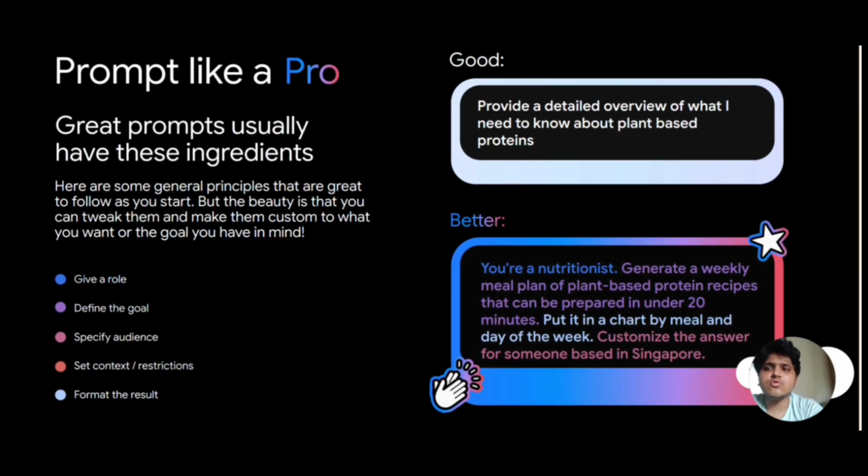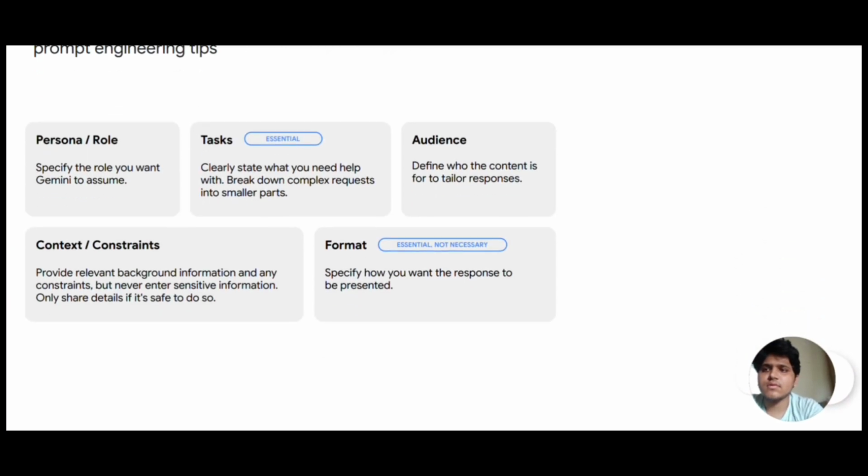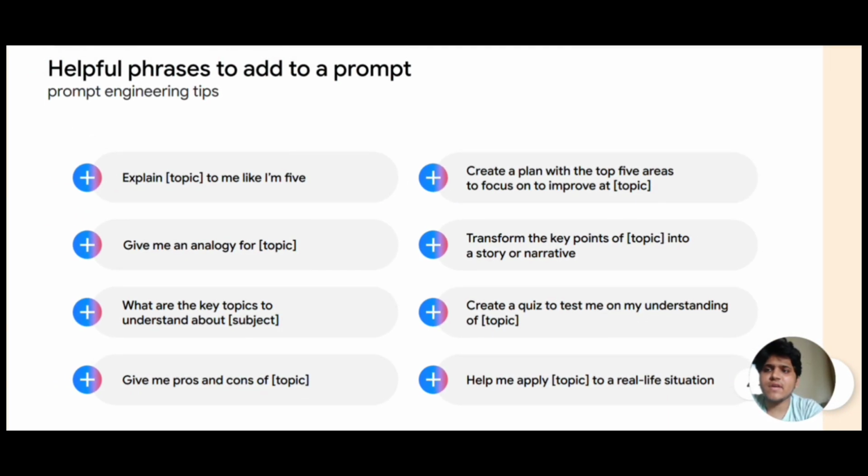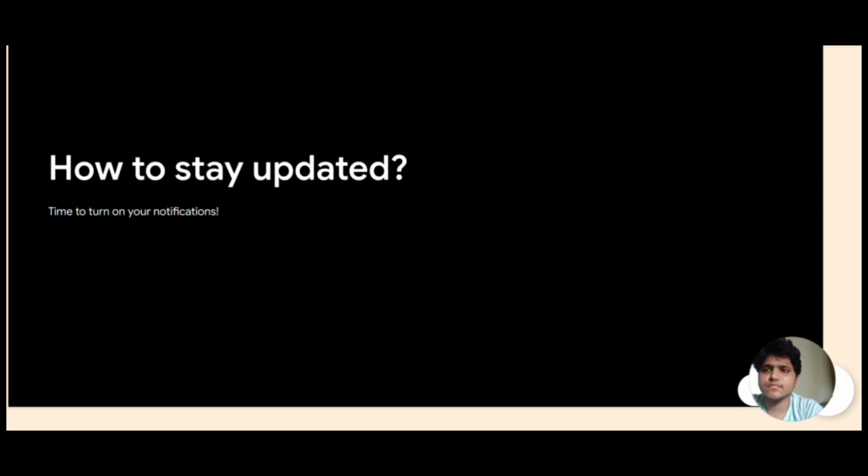Now, as I told you, you need to write prompts better, right, in order for Gemini to understand. So you can ask Gemini, okay, this is the prompt which I want to give, can you please make it more specific in order to get a better output. So this is basically the prompt which will be generated by Gemini. So the output and all, like explain like I am 5, you can give the topic and then ask for an analogy for some of the topics, to understand better. For example, most of us would like to understand with the help of diagrams and analogy, so you can do that with the help of this also.